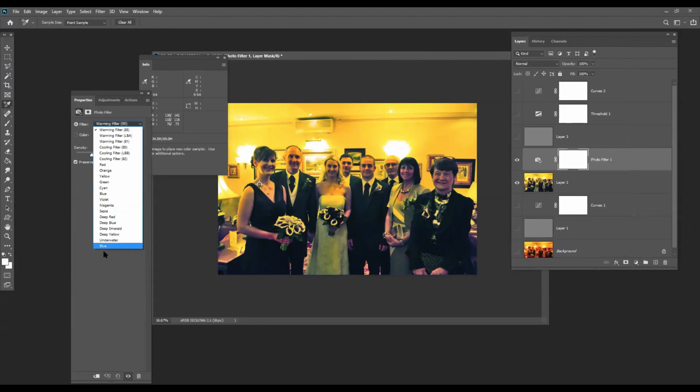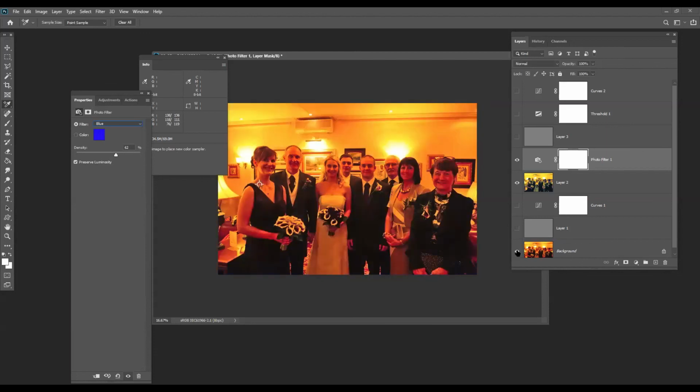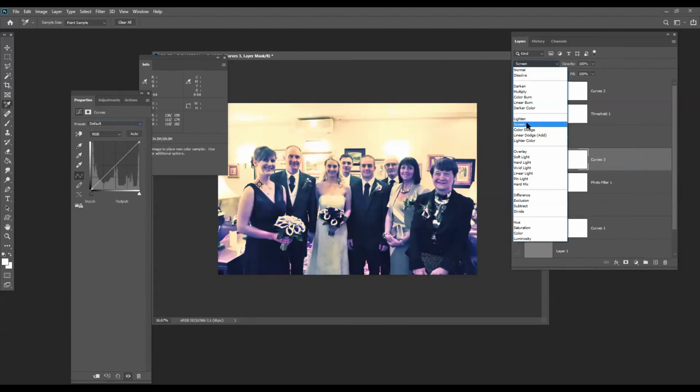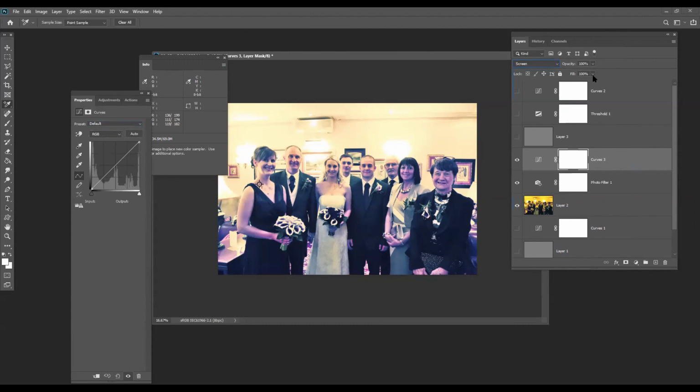Take it to blue and pull it. So got it? From this we have attained this. Now if you want to enhance the image, go to curves, go to screen. It will enhance the image. Now you can reduce the fill and opacity a little.